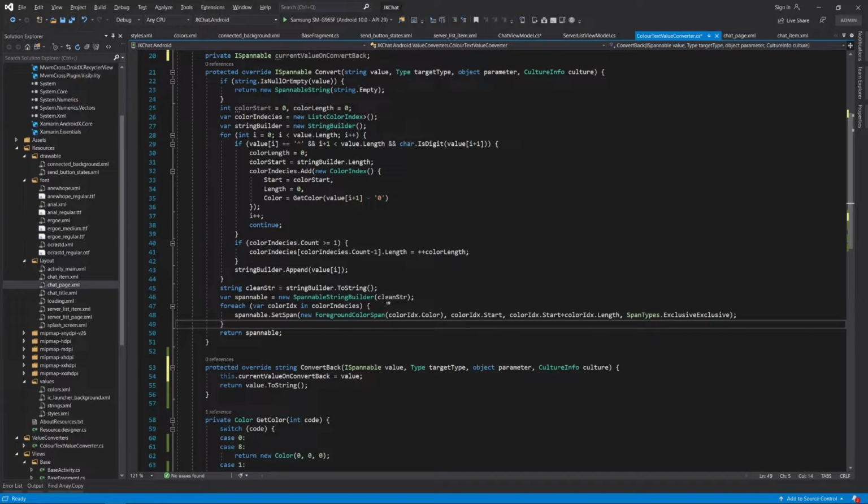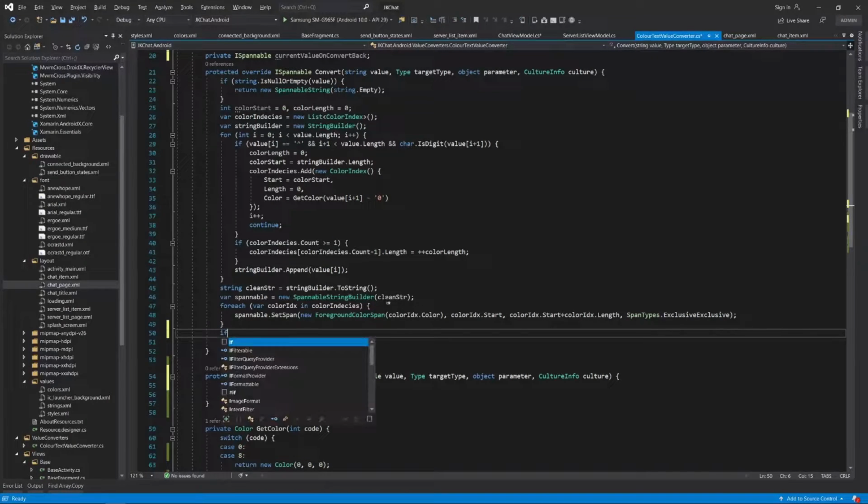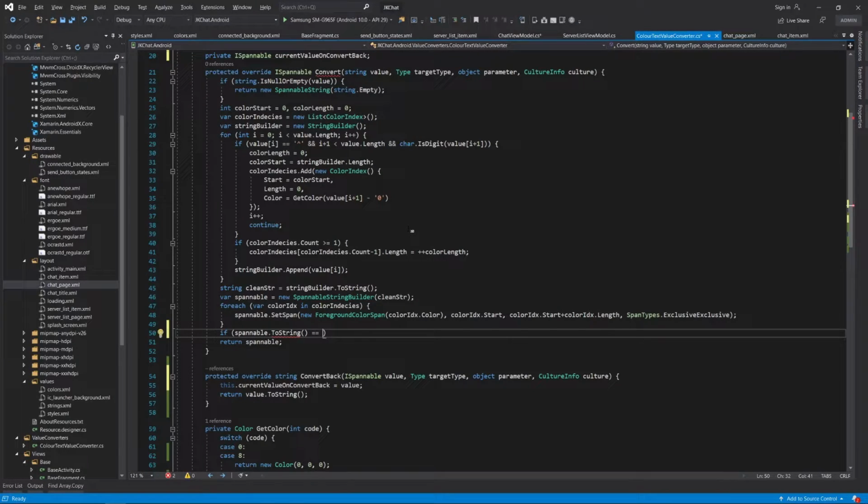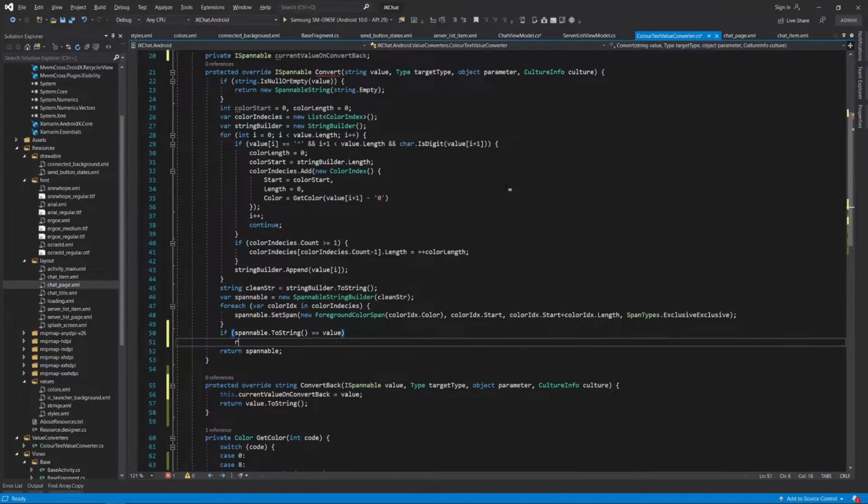And then compare if spawnable to string equals to value, return